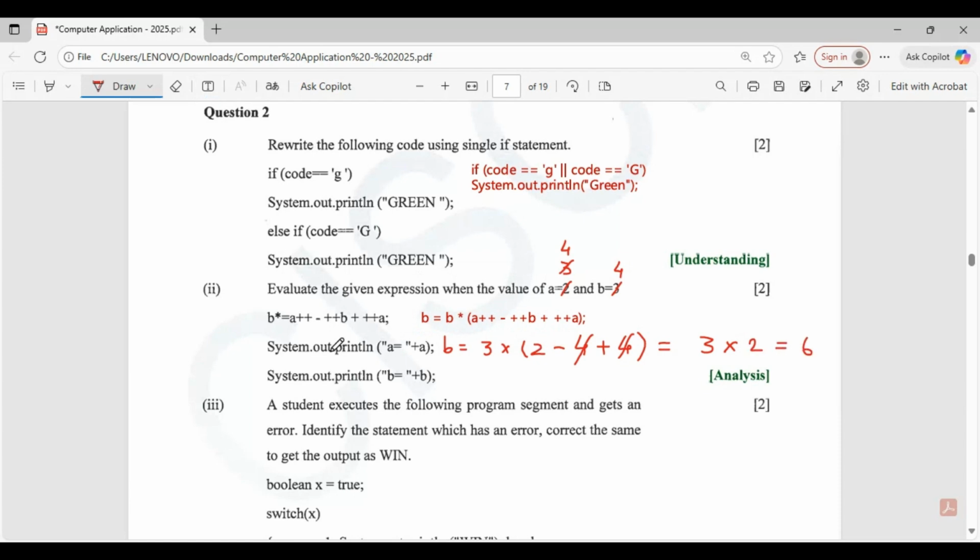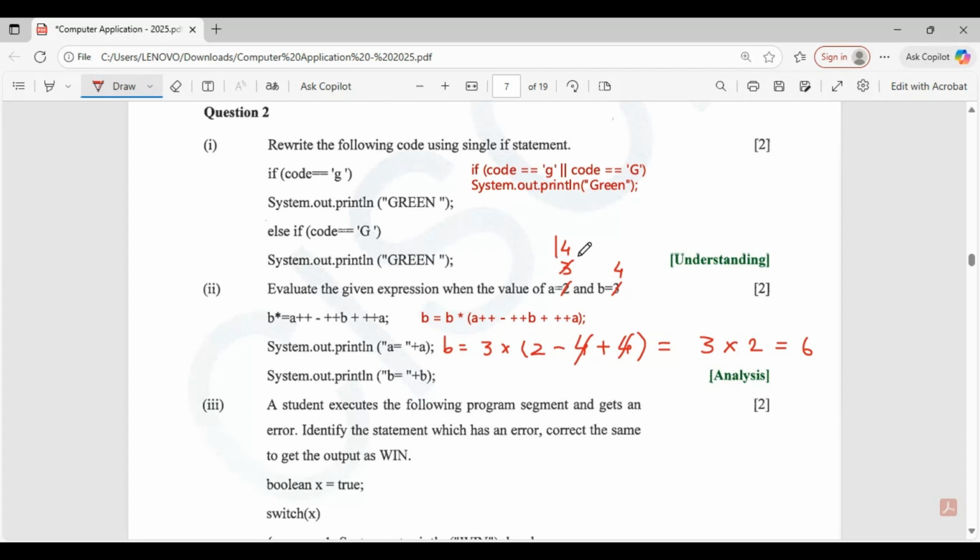So it is asking what is the value of system.out.println A equal to plus A and system.out.println B equal to plus B. We can observe that the value of A is going to be 4. So the answer for the first expression is 4 and for the second expression B is equal to 6.